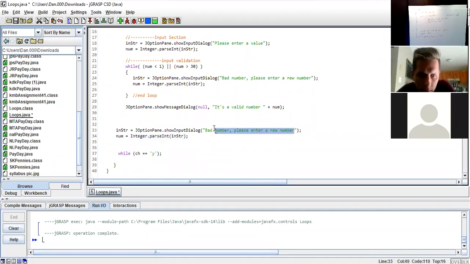I'm going to replace the current string with would you like to run again? Question mark, y/n. Pretty good? Yep. Okay. And then I take that instra, and instead of Integer.parseInt, I'm going to say ch equals,